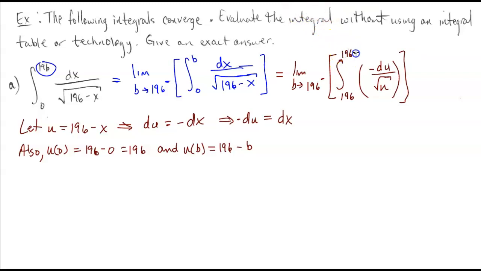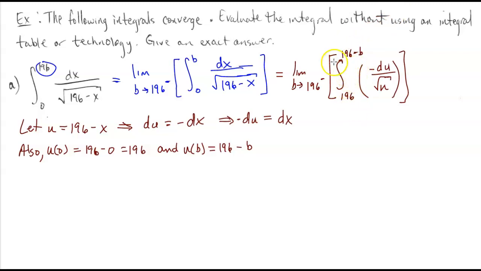So 196 minus b, like that. Okay. So now that we have that in place here, realize that b is going to be a number that is greater than 0. So that means that 196 minus b is a number smaller than 196. Okay? So I'm saying all that to say that these limits of integration here are opposite of how they need